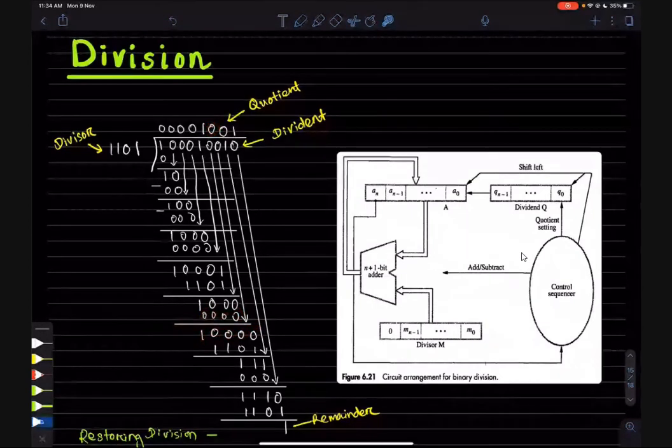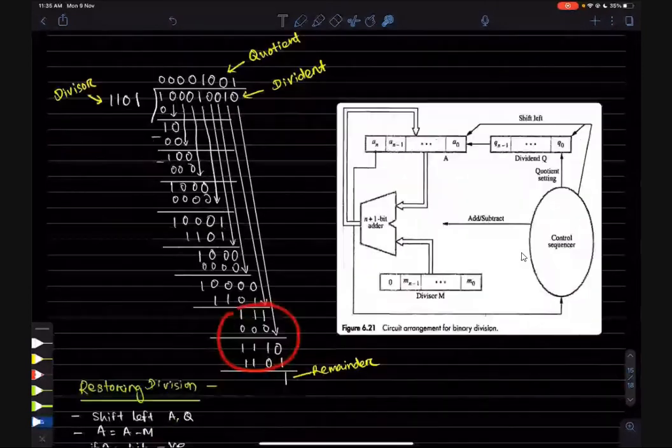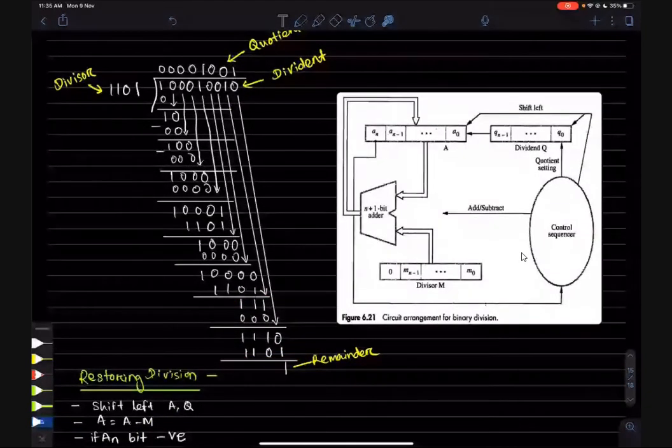Okay, then we will get the next input from the dividend, which is this one, and again we will put a 1 here. After multiplying with this we will get 1 1 0 1, and we will do the same minus operation. Okay, so this is the thing, and at the end we will get a remainder of 1. This is the normal division process that we will not do in this case, but we will take away how to do the division. Okay, so how to do the division?